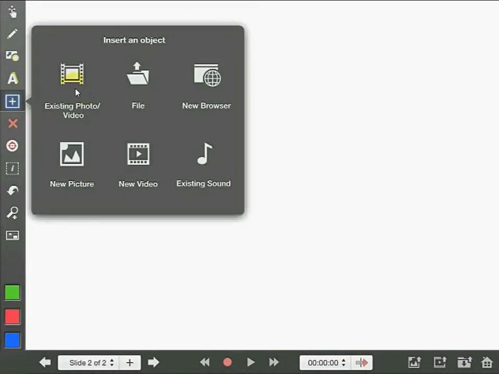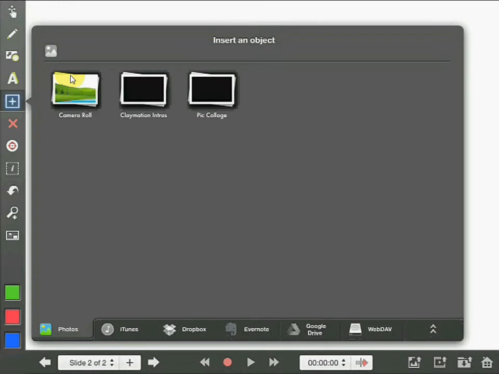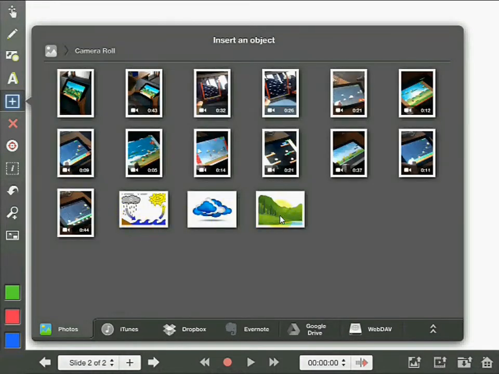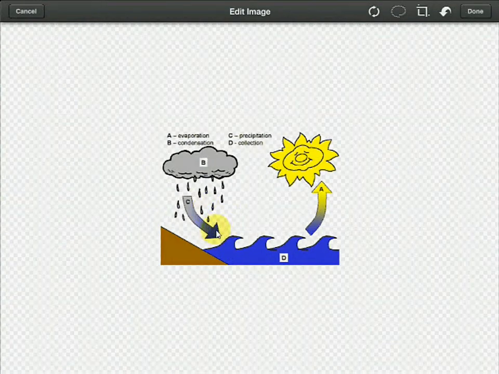By adding in pictures that you already have, or take a picture with your camera or videos or a range of other file formats, you can add in items into your presentation. So if I go to existing photos or video and I tap on my camera roll, I already have some pictures in here already. So for example, here's a picture of the water cycle. If I tap into that and click done,